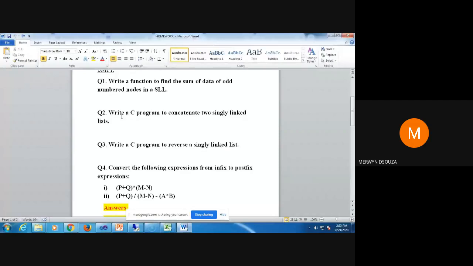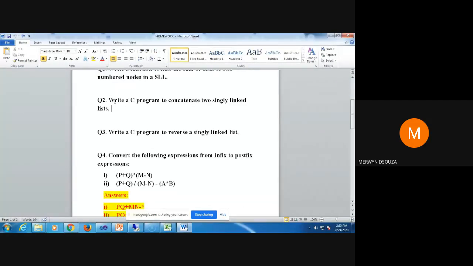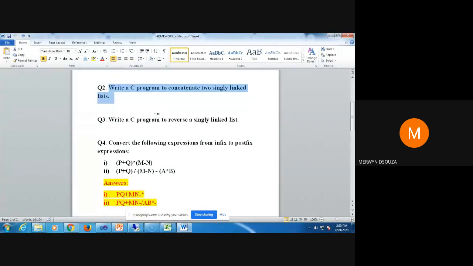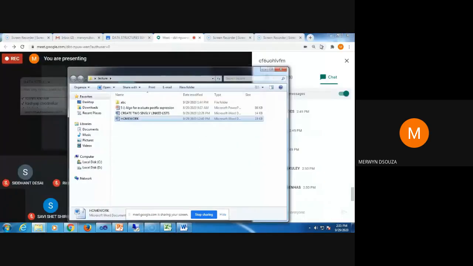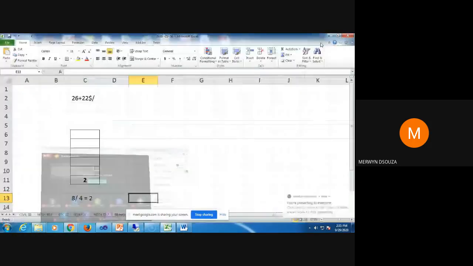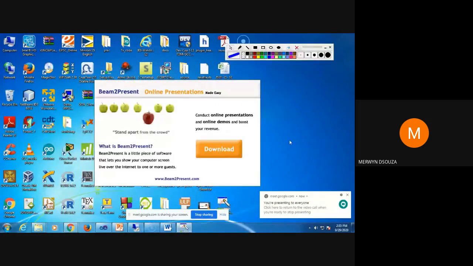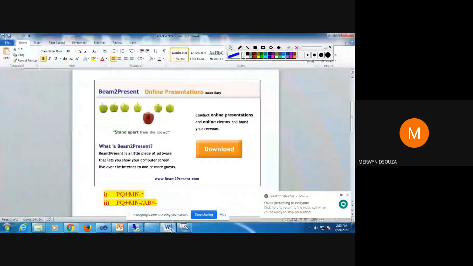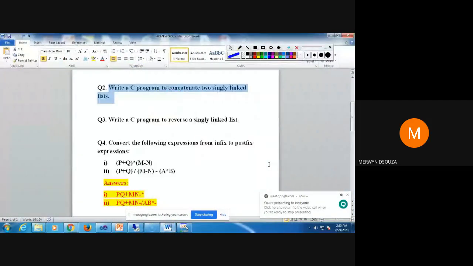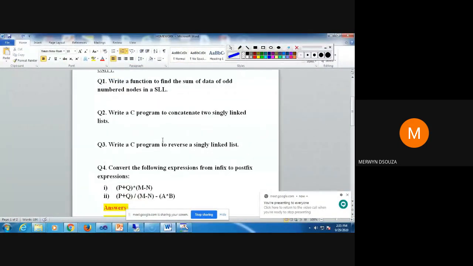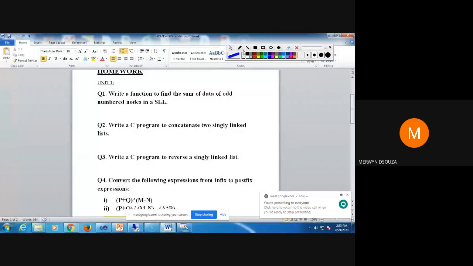The second program that I want you to try is: write a program to concatenate two singly linked lists. You can just try this. Basically, I'll explain what I expect you to do in that. So you're going to have two singly linked lists with you.